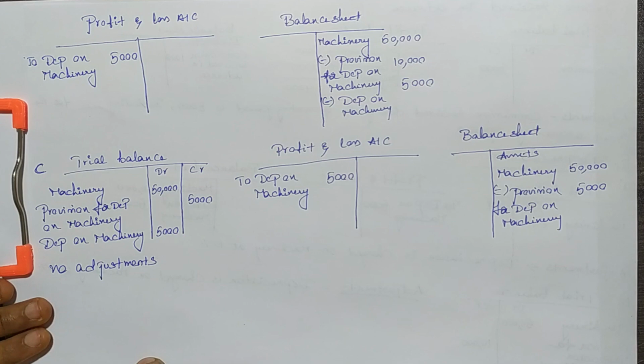Always remember, any account balance given in the adjustment should be mentioned at least in two places. It can be profit and loss account and balance sheet, or trading account and balance sheet, or trading account and profit and loss account. At least in two places, it depends on the adjustments. Whereas the accounts that are mentioned in the trial balance should post only in one place. It can be profit and loss account, trading account, or balance sheet.